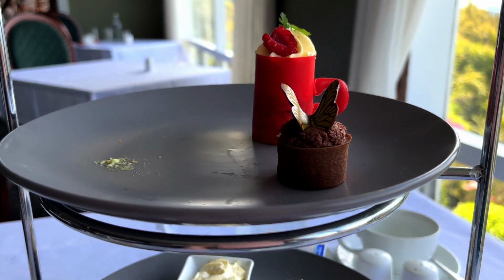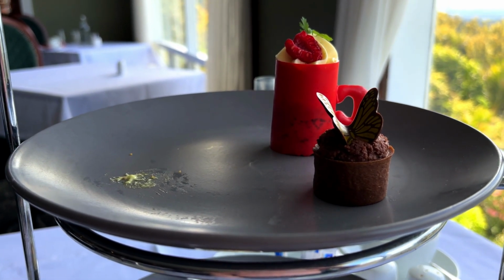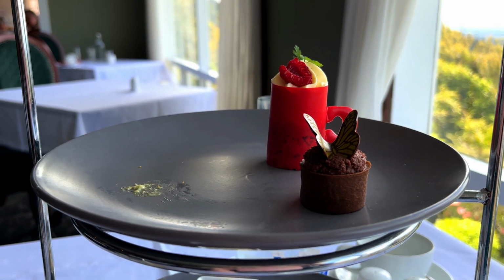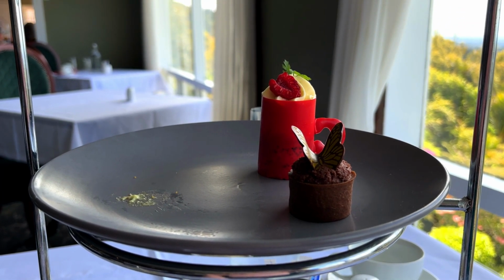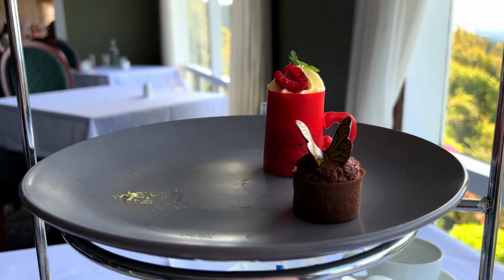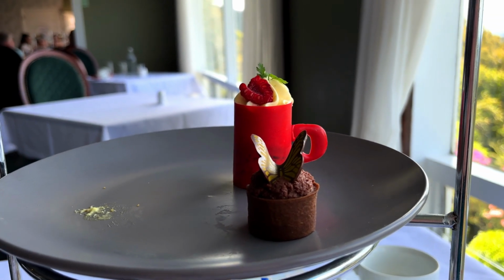So far I'm doing quite well with the sweets. I like all of them. I think actually the spice latte is my favourite one at the moment. But the choux was really nice, and also the macaron burger. Actually, maybe the macaron burger is my first choice. But we'll give the next one a go, which is a